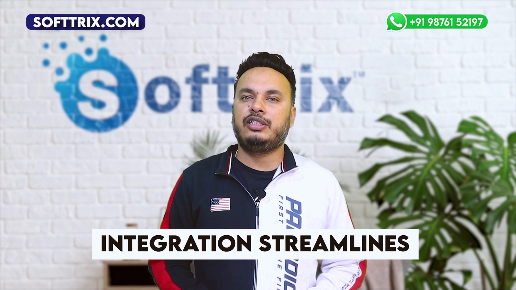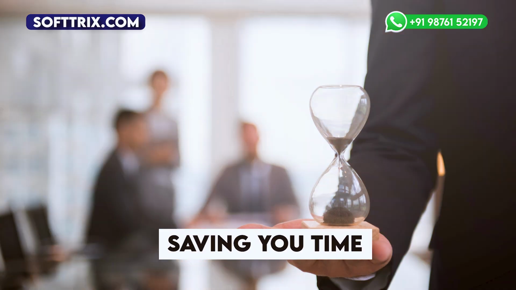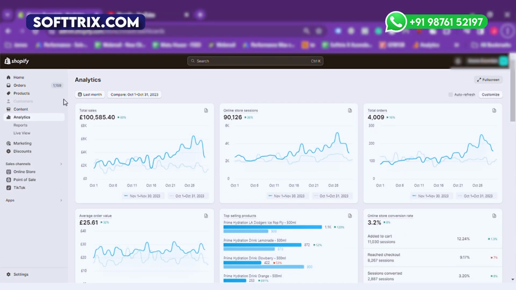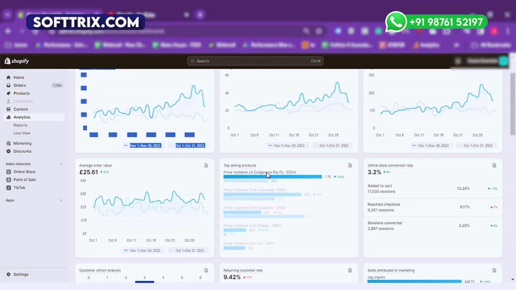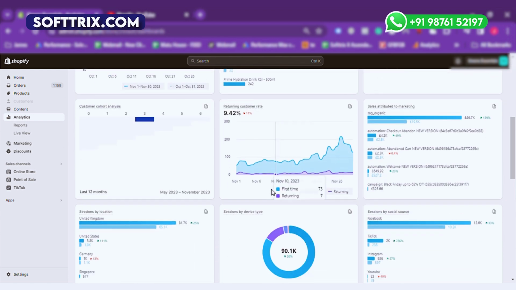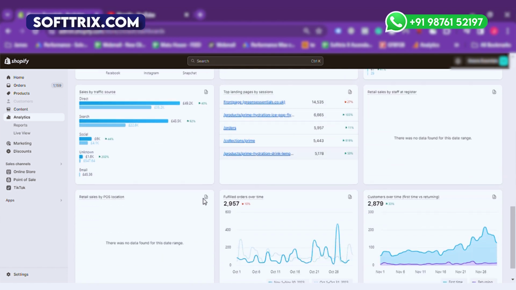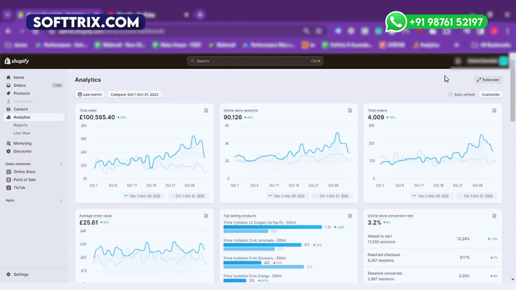This integration streamlines the process, saving you time and ensuring your ads are optimized for maximum impact. Additionally, Shopify provides valuable insights into your store's performance, helping you make data-driven decisions to improve your advertising strategy.